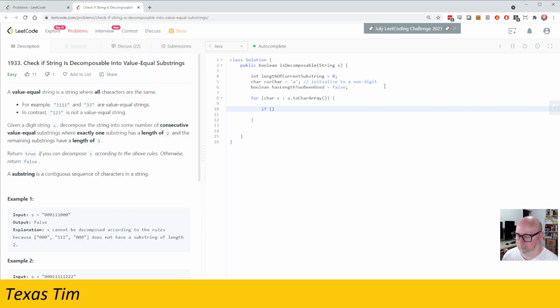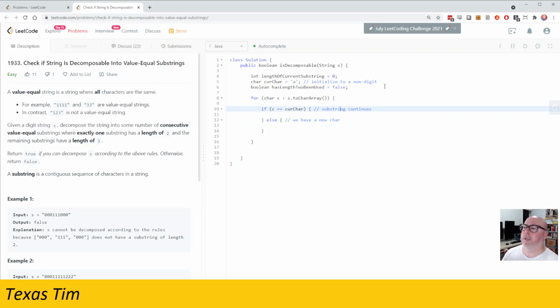Okay, so if C is not equal to the cur_char, we have new char. Okay. Else, well, if C is not the cur_char, then it must be a new char. Hold on. How do I want to set this up? If C, let's start with the equal. If C equals the cur_char, we have another char. Let's say substring continues. There you go. That's kind of the meaning I want to put across. We have a new char,